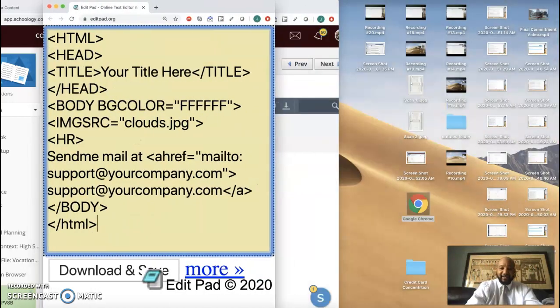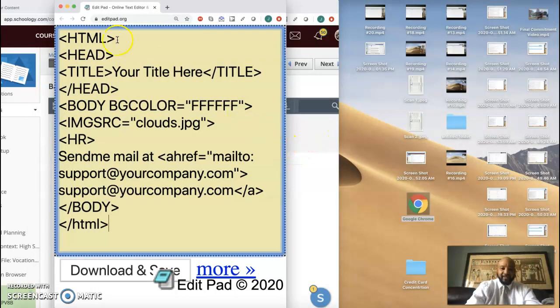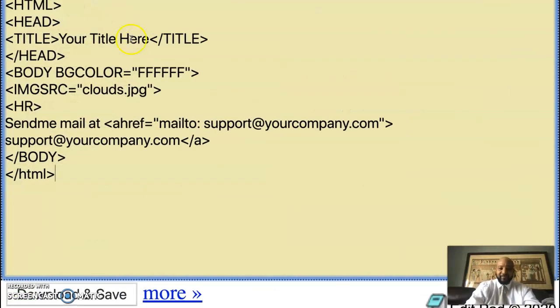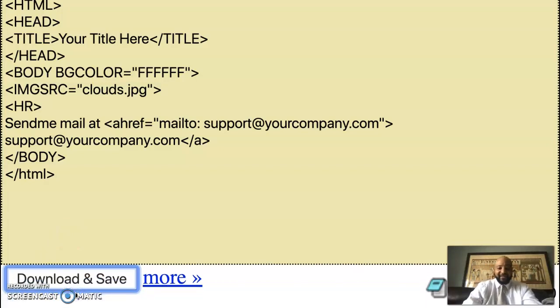Let's see if I can make this bigger. I don't need the other page anymore. So with this site, I have my text, and you'll notice in the bottom it says download and save. So fine, let's click it. We've downloaded and saved it. There it is. It's called